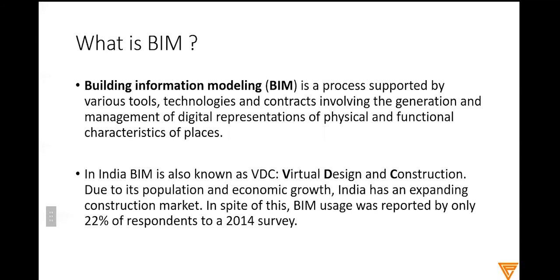For example, if we see a construction drawing which is in 2D, that is a two-dimensional drawing. If we increase the dimension, that is 3D, then we have to do it through AutoCAD 3D or Revit or any other 3D modeling software. So we have increased the level of detail. Then if we increase another level of detail, which is the schedule of that construction, that will be called a 4D drawing. So while increasing the level of detail, we are involving the building information modeling process.